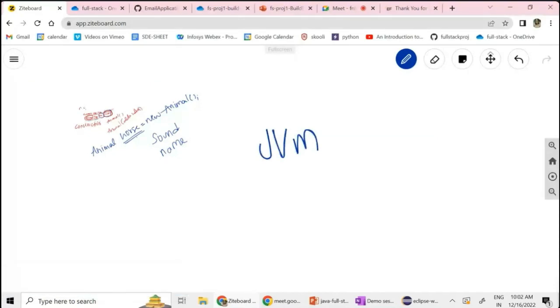It will find where the main method is. Main is not a keyword. It is just the name of the method. It will search for this method, and whenever you say static, this is a keyword. I'll explain it later, but you need to remember